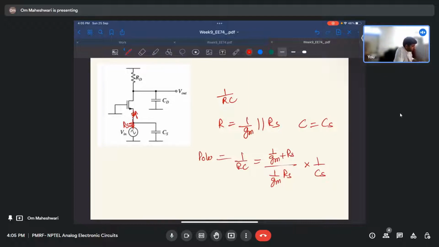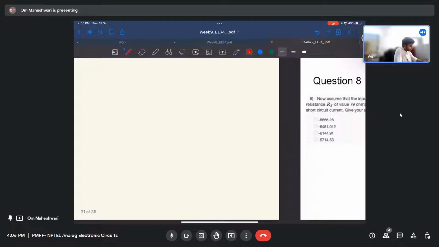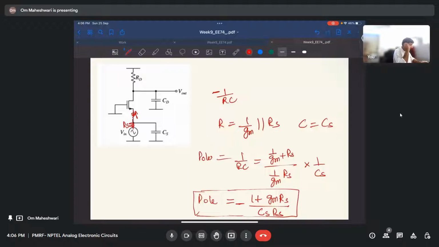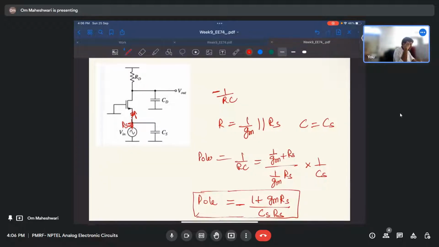So we cancel GM. So we will get 1 plus GM RS by CS RS. It will be negative. So this will be the pole. Right, the minus 1 by RC. In the previous question also it was minus 1 by RC. So this will be the pole that we will get in question 8, and the answer will be